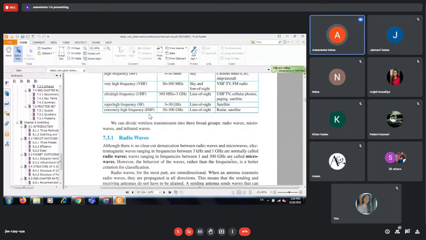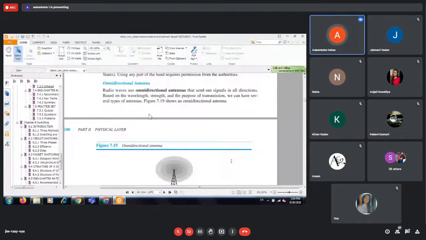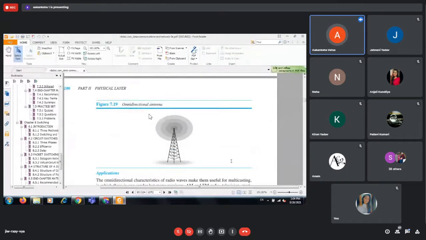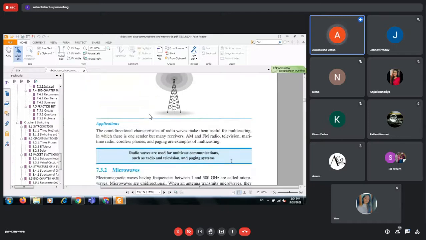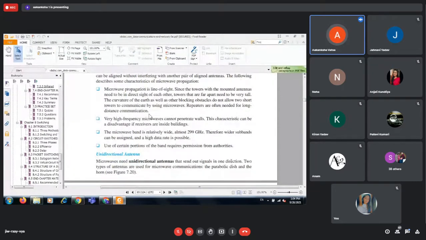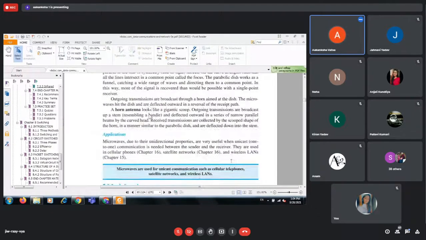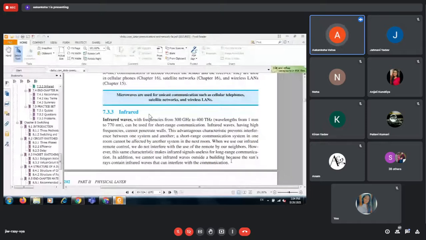So the property of frequencies says that if we have very high range frequencies, they cannot pass through walls, and they cannot penetrate through the walls and the objects. So that concept we use in the remote controls of all the electronic and electrical devices. If we have a TV remote or AC remote or some other remote, it uses the infrared region and very high frequencies, but they cannot penetrate. So they are line of sight.